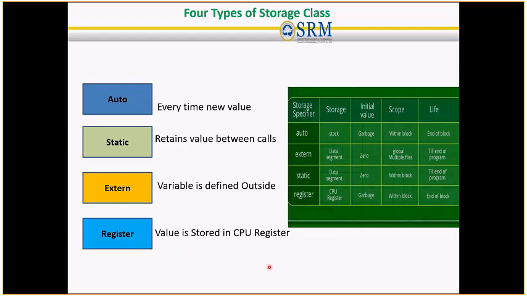The keyword register is used to declare a register storage class. The variables declared using register storage class have a lifespan throughout the program. It is similar to the auto storage class. The variable is limited to the particular block. The only difference is that the variables declared using register storage class are stored inside CPU registers instead of memory. Register has faster access than that of the main memory.